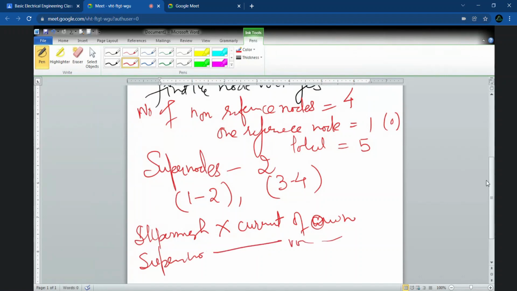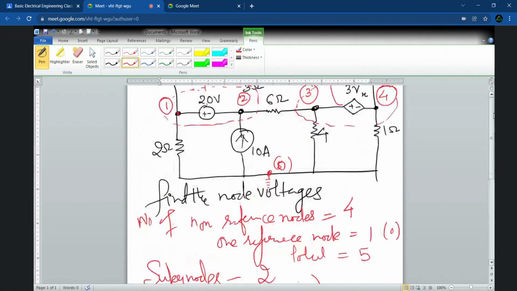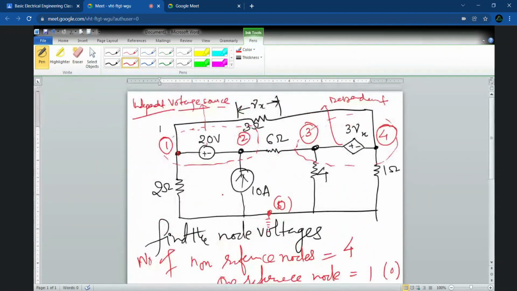That means whatever we find will be with respect to the nodes that we have formed over here. Whatever we are going to find, we are going to write the equations with respect to node 1 and 2. That will be the two equations. Secondly, we had discussed that in case of the super mesh, we said that it will be done using two things.